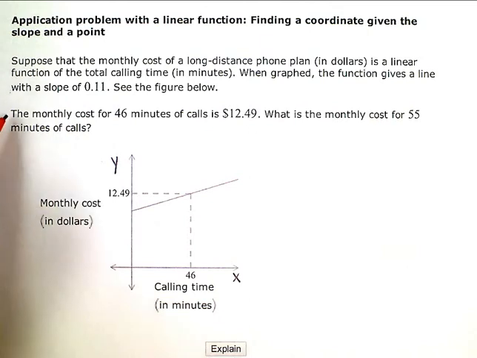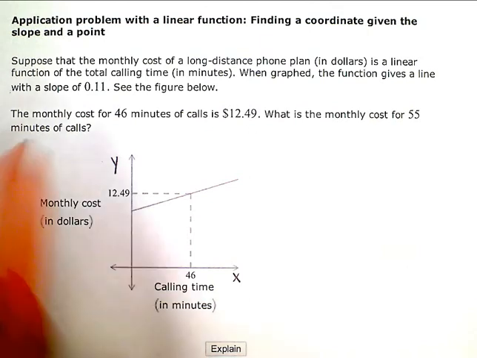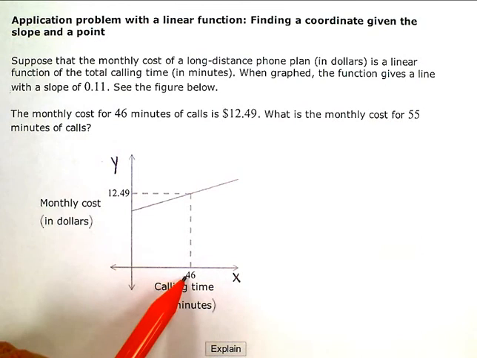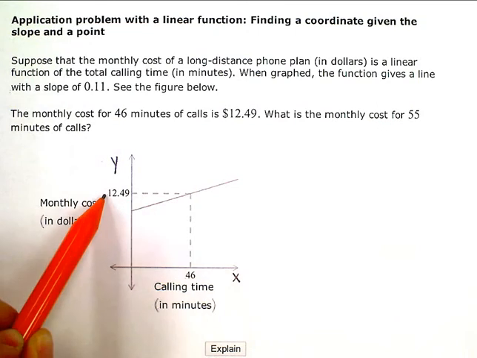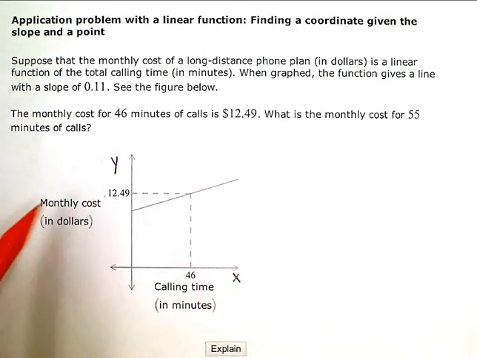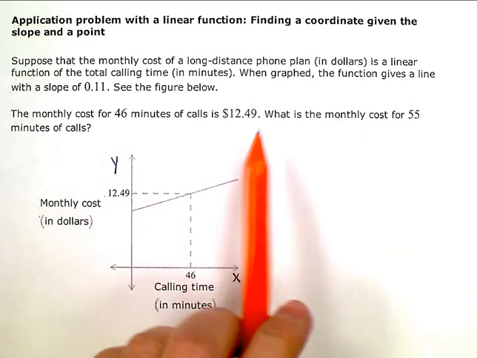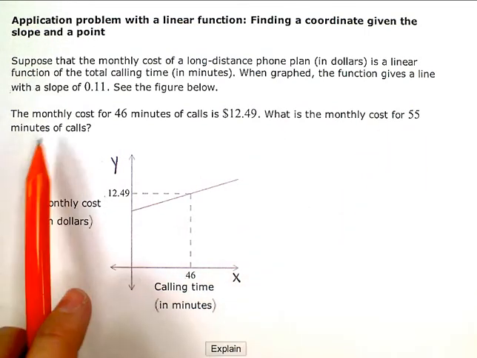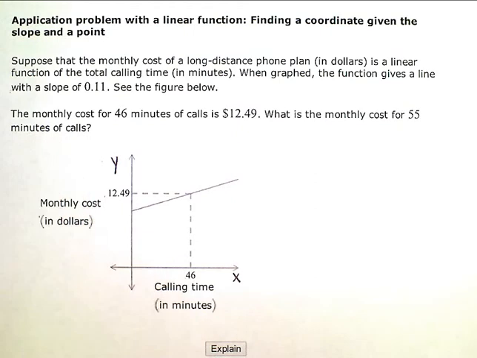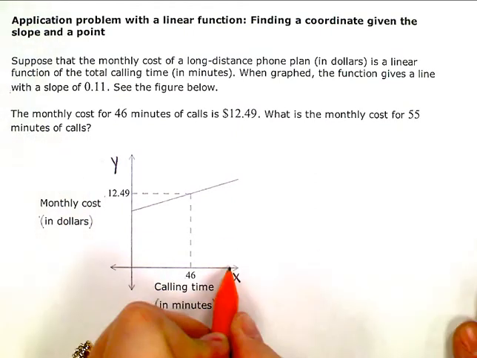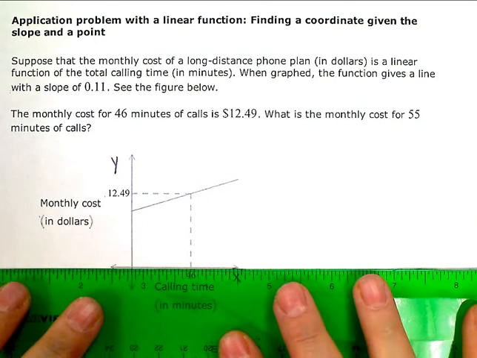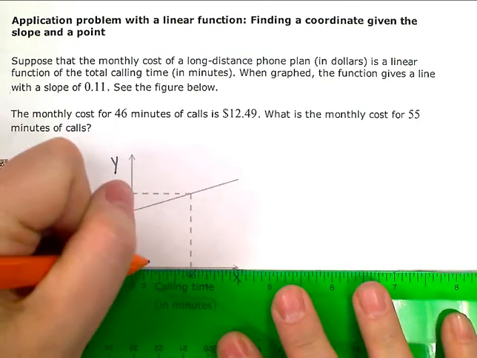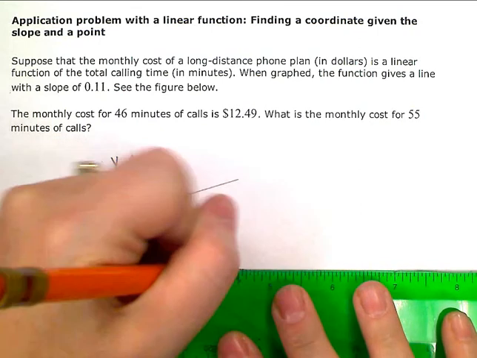The monthly cost for 46 minutes of calls, so you can see the 46 here as the x value or the x coordinate, and it's matched up here with $12.49 as the monthly cost. What is the monthly cost for 55 minutes of calls? So what they're asking us here is if this line continues to go out. So I'm going to extend that line a little bit. Okay. So if this line continues out this way,